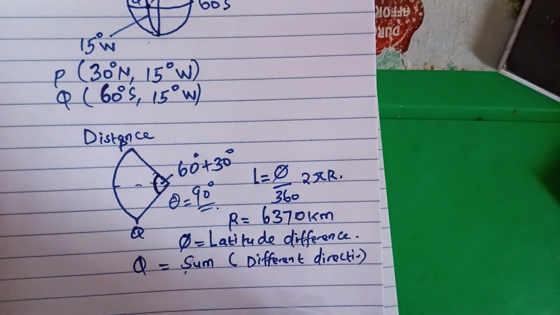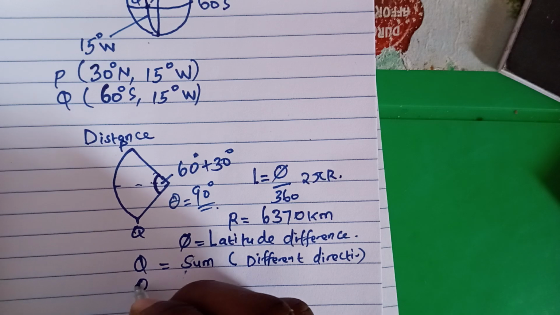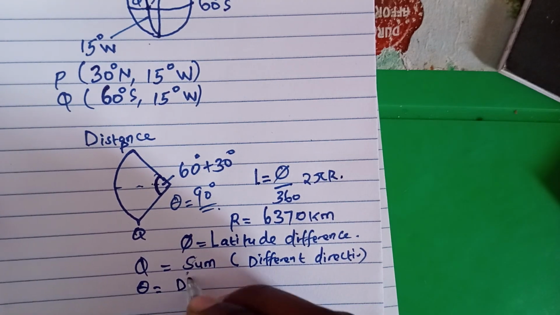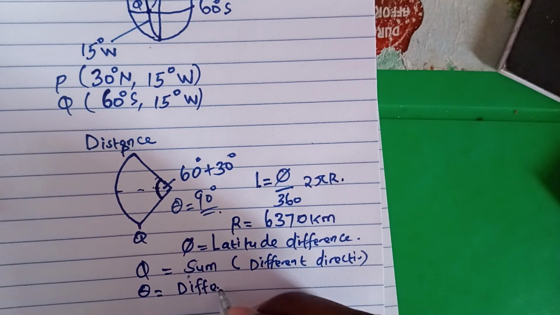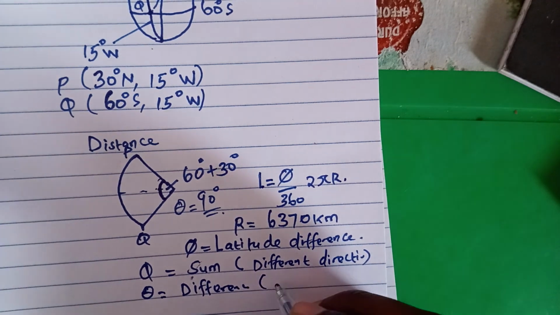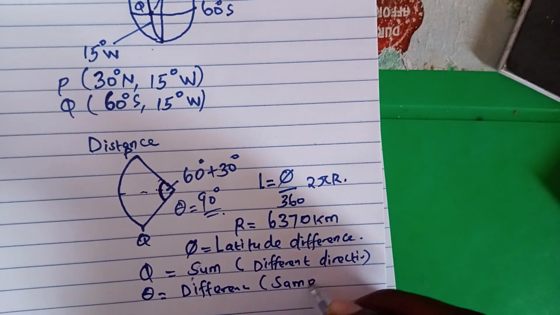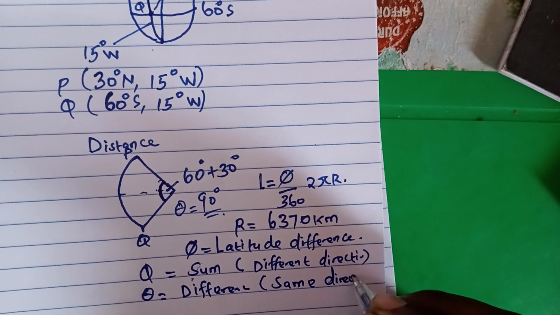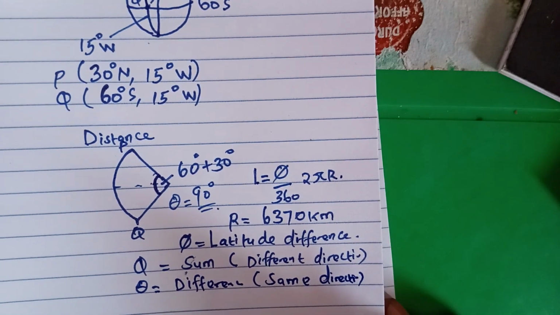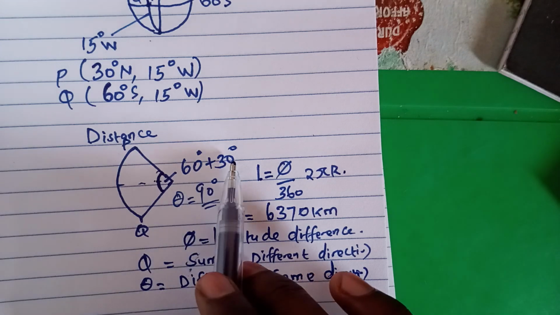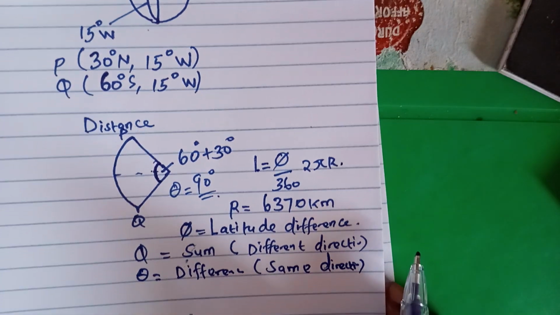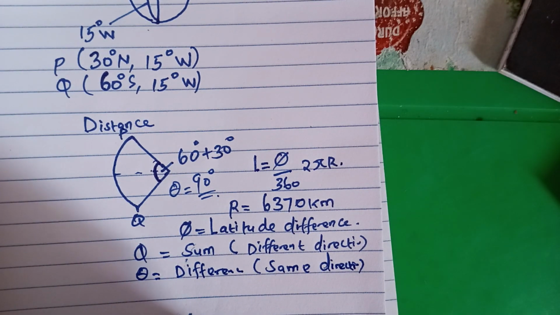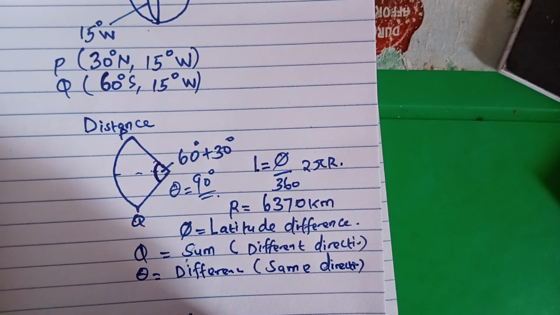So in that particular case, this theta will be given by the sum of the individual latitudes if the directions are different, and the same theta will be given by the difference, that is subtraction, if we are dealing with the same direction. So in this case of ours, theta will be the sum of 60 and 30, which will give us 90. So for the distance PQ, in kilometers,